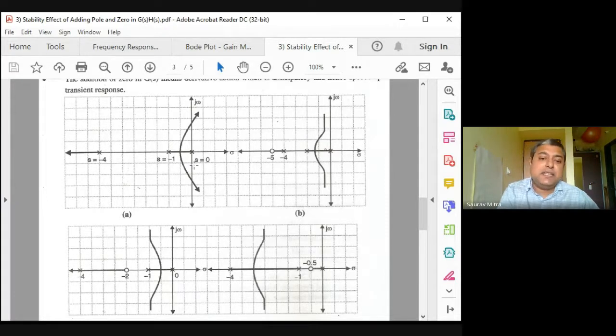So suddenly you are finding that in the first figure there is K marginal, there is omega marginal, and it was a conditionally stable system. But on the right side, as soon as you have added or inserted a zero, you are finding that one root locus is ending at that zero, and 2 other root locus are not crossing the j omega axis and going to the right, rather they are becoming parallel with respect to the j omega axis and going towards infinity. So from this figure A, which is conditionally stable, figure B becomes absolutely stable. This is the effect of inserting a zero.